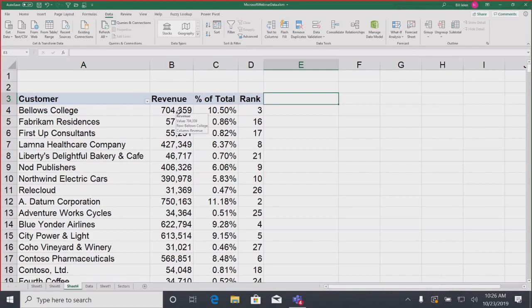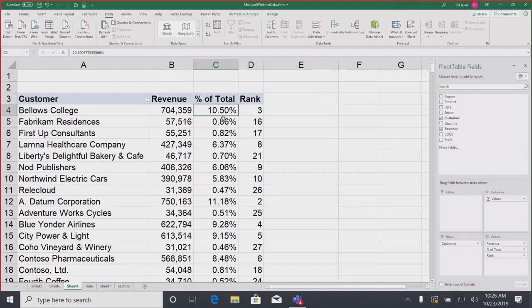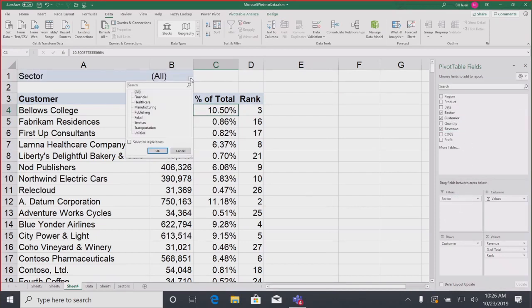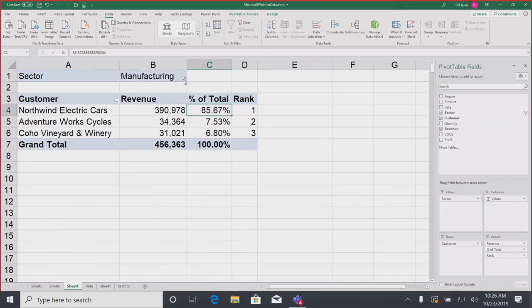All right, now, hey, look, we're about finishing up here on our regular pivot tables. We need to move on to the new pivot tables, but let me just show you 2 cool things here. We haven't talked about this filters icon at all. I'll drag the sector field down there. And this would allow you to create a report, let's say, of just manufacturing or something like that. So there's all the manufacturing customers.